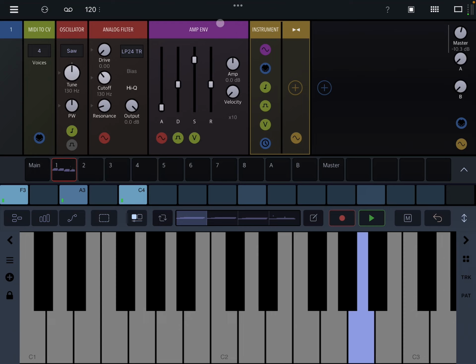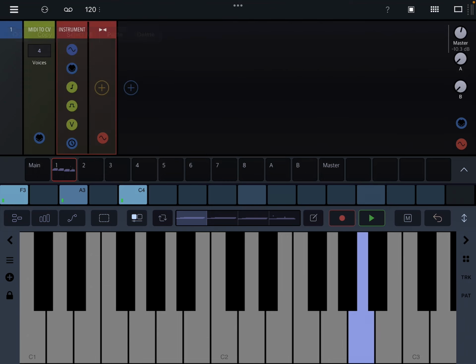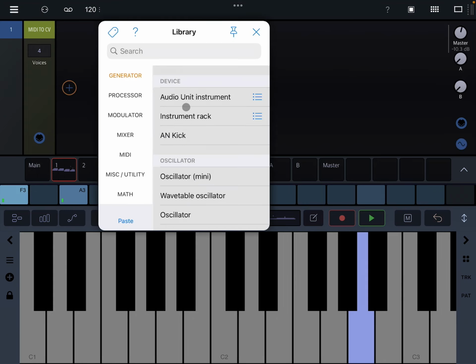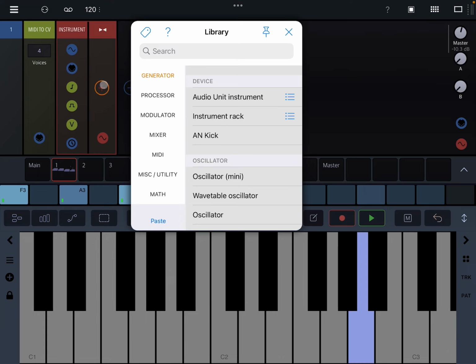So the way you put something in an instrument rack is you have to select all of the modules. Now, I'm going to select them with my finger. You have to hold and then drag, and then you select them all, at which point these options will appear. I'm going to hit cut, and then so at that point, if you place an instrument rack here, then if you click in the middle here, it'll